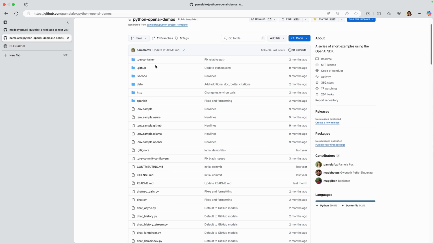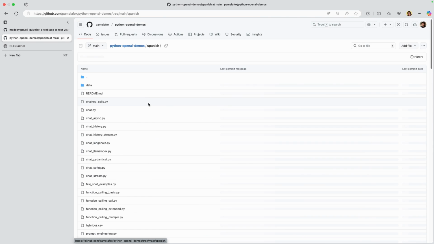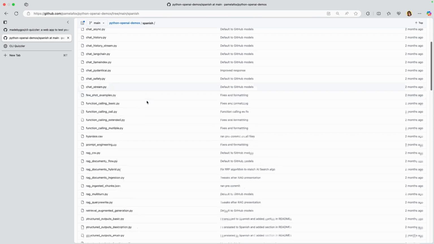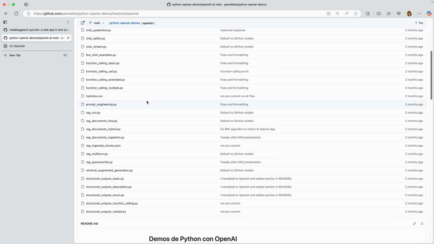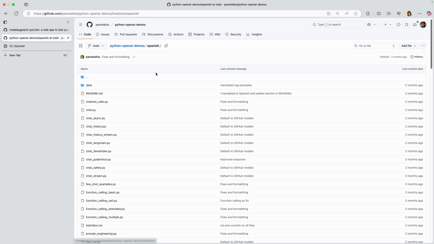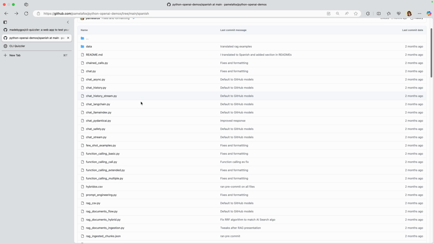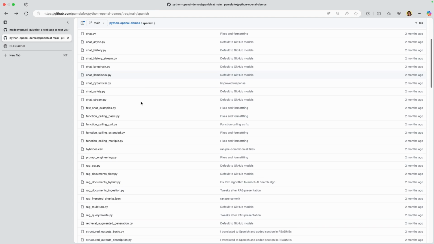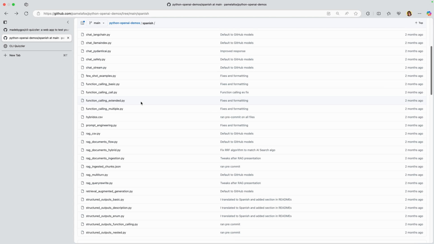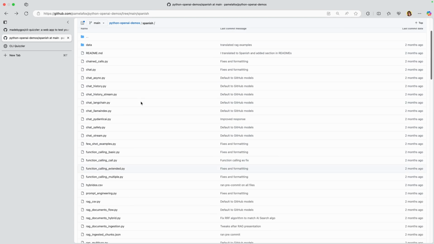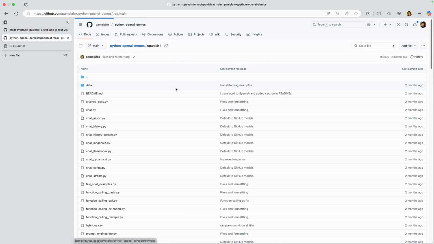And if you go to the Spanish folder, these are all the ones that I did. And let me tell you, this stuff was so difficult because the first couple of ones were pretty straightforward. I would say understanding how the chat.py works is pretty straightforward, right? There's not really anything crazy there. But once you start going into really understanding the differences in, let me see, actually, another one that might